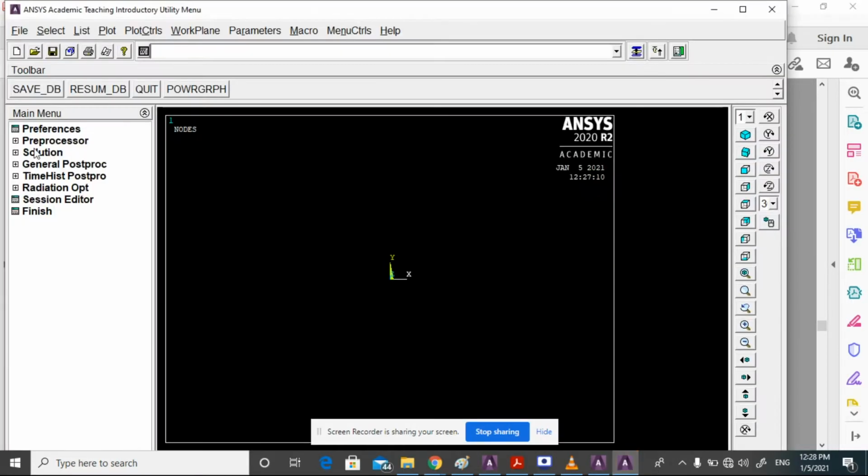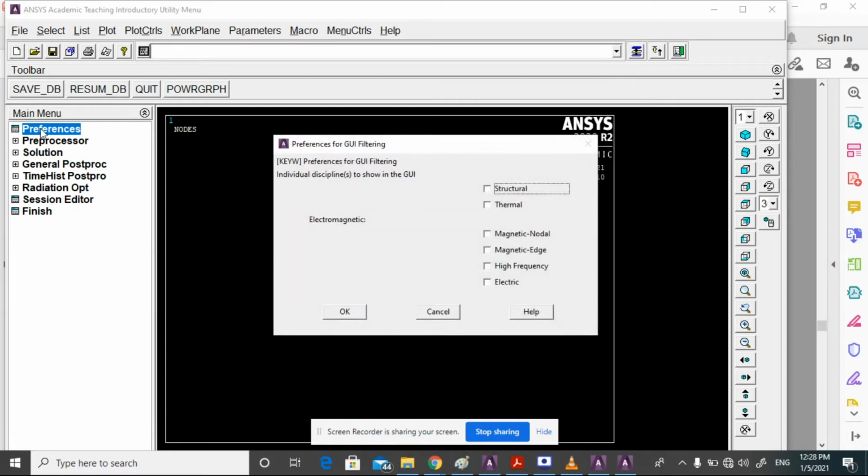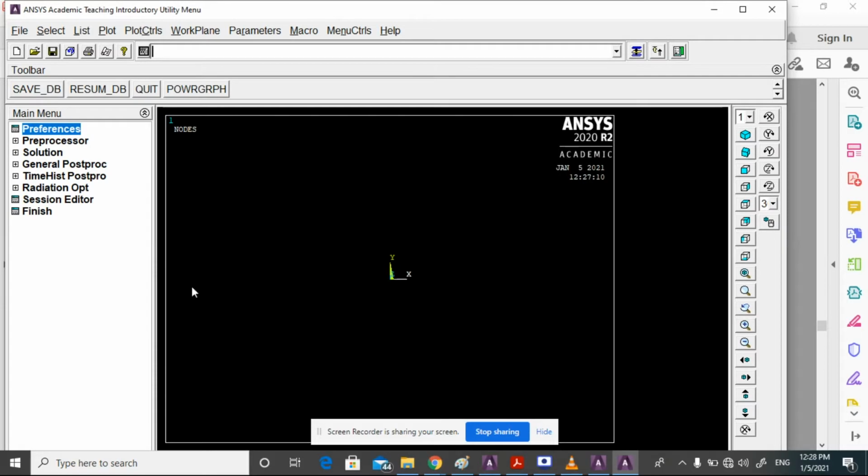Open ANSYS software and go to preferences as usual and click structural, and then OK.